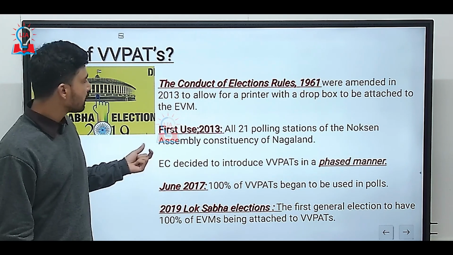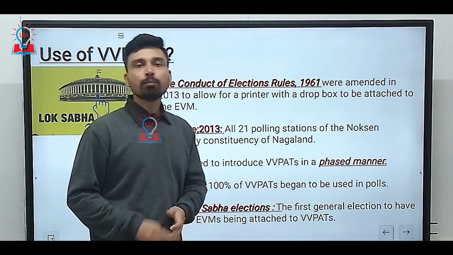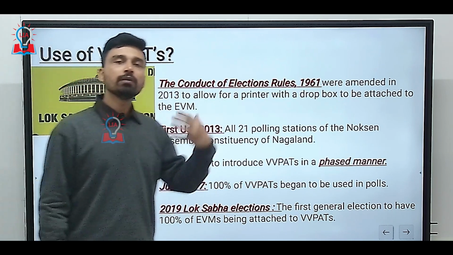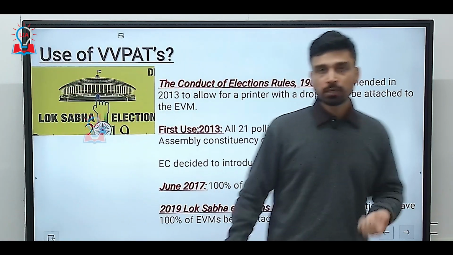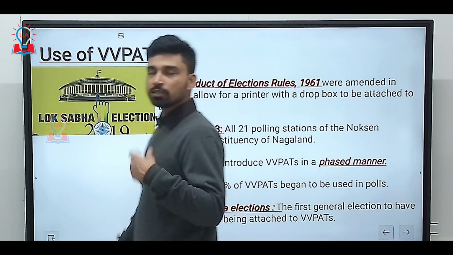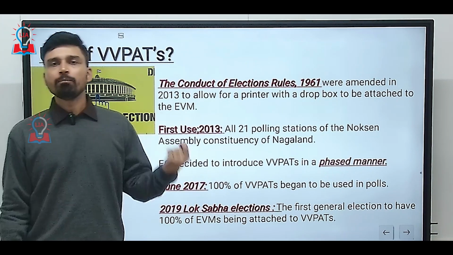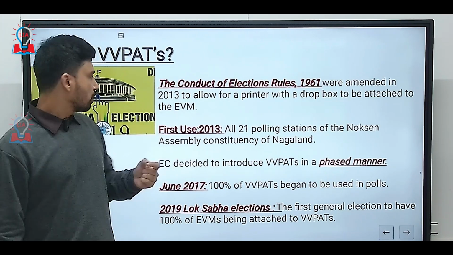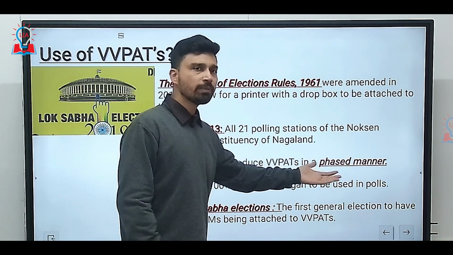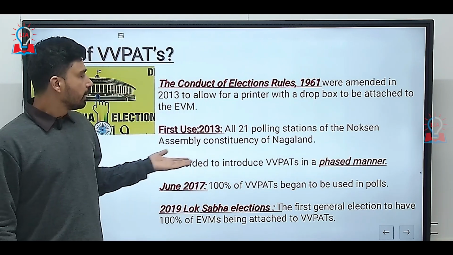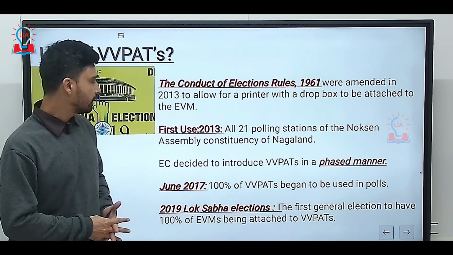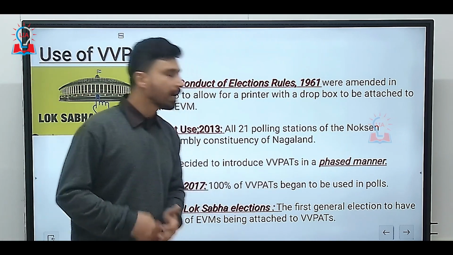Thus, for the first time, in 2013, 21 polling stations of Noksen Assembly constituency of Nagaland were where the first VVPAT was used. Now, this kind of fact becomes very important for the prelims examination, because it represents a significant development in the overall electoral process of India. Then the EC decided to introduce VVPATs in a phased manner once it became successful in Nagaland. Then further 4 years later, in the month of June 2017,